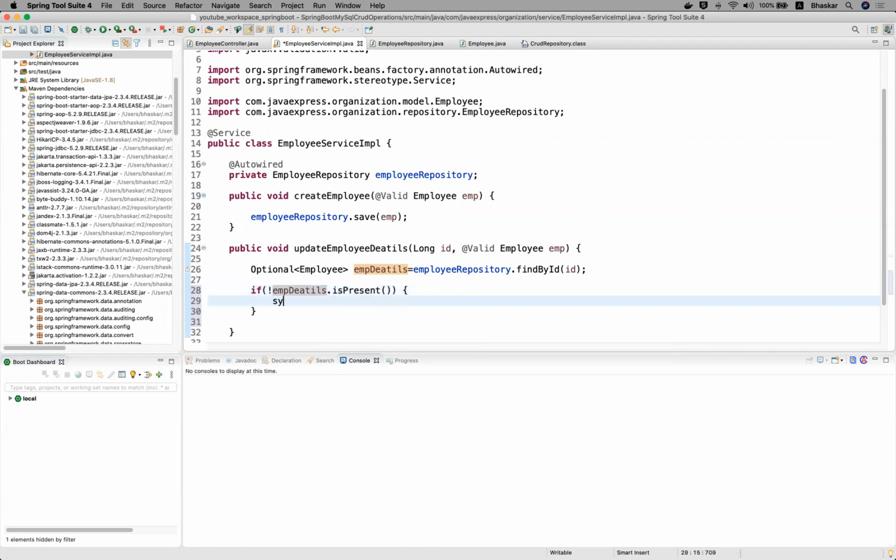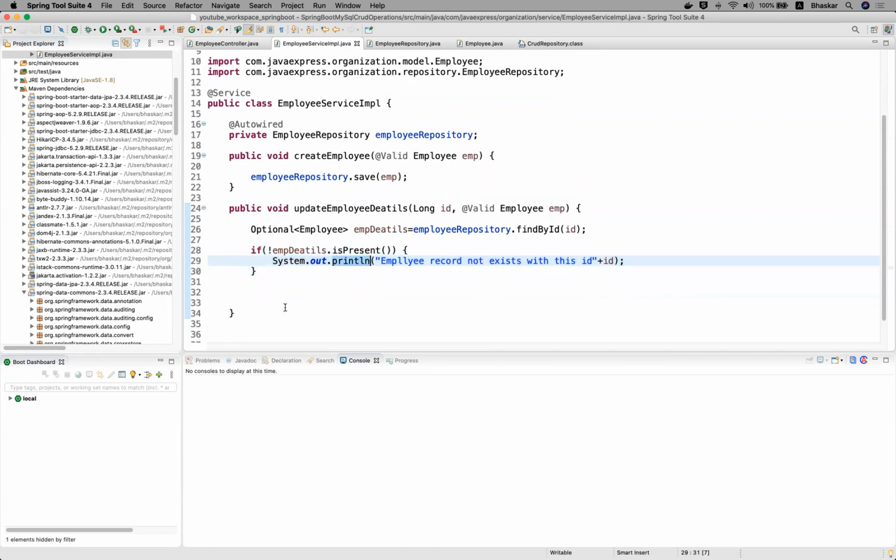What I can do is print, okay, employee record does not exist with this id. You can append your id here, and else, if the record is not available in the DB, you are throwing an exception. Otherwise you need to fetch your employee details.